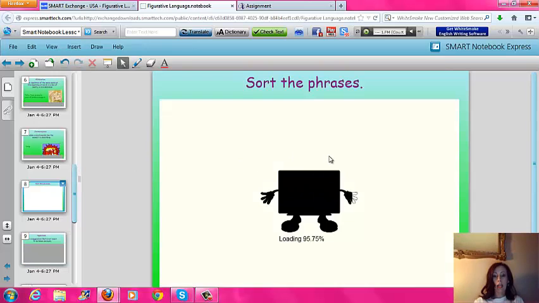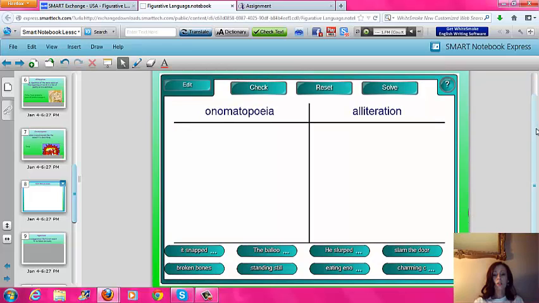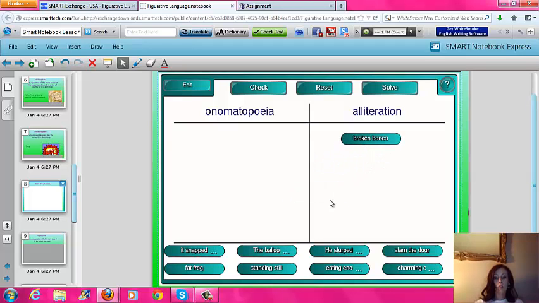The next game reinforces alliteration and onomatopoeia. Students are going to have some prior knowledge of what these 2 are in order to do this. This lesson is more of a supporting lesson, not necessarily an introduction or a has-it-all lesson for you to use. So onomatopoeia, alliteration. Onomatopoeia, sound words. Alliteration is using the same letters or sounds. So alliteration, eating enough, slam the door,